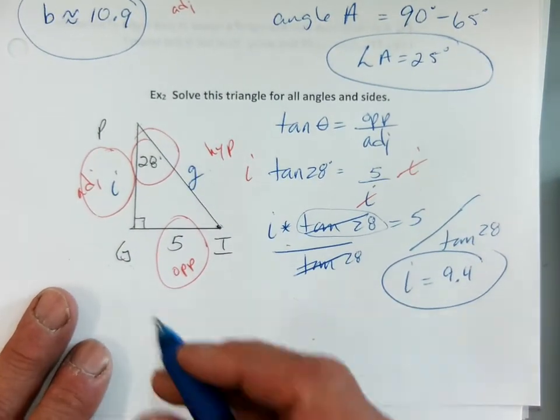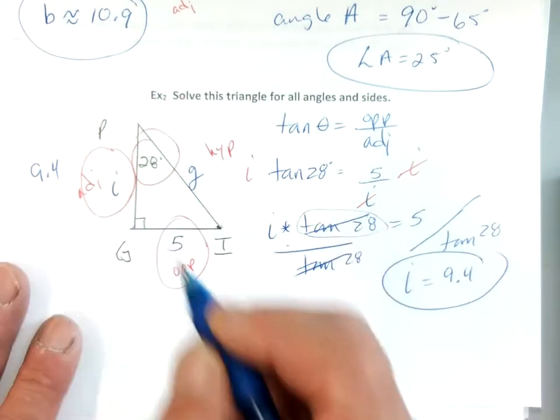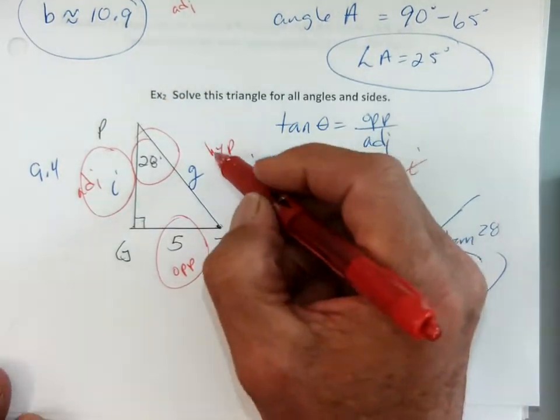I like trigonometry better too. Okay, so beg Pythagorean's theorem. All right, let's beg Pythagorean's theorem. Okay, so then if I want little g,